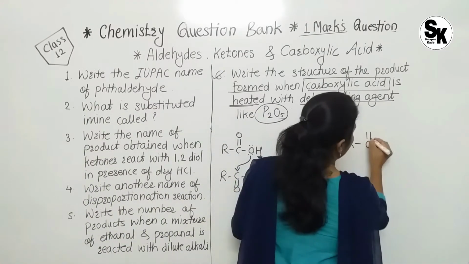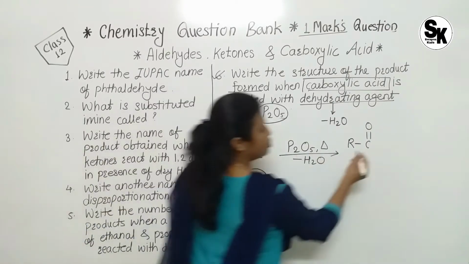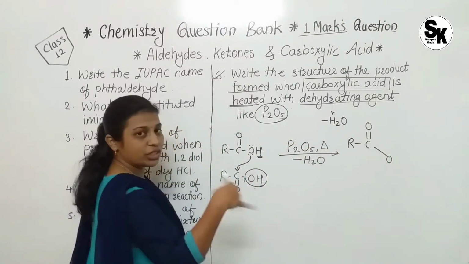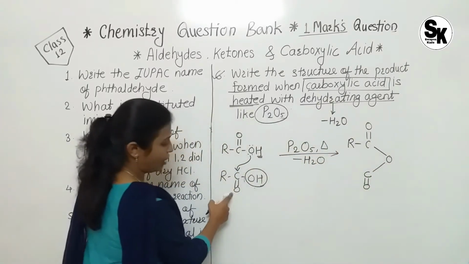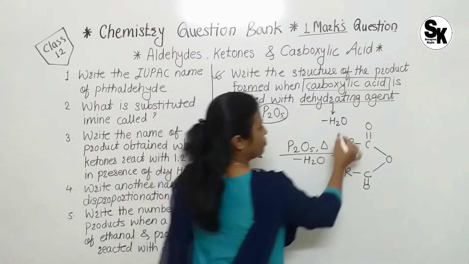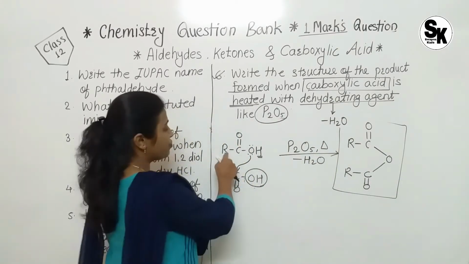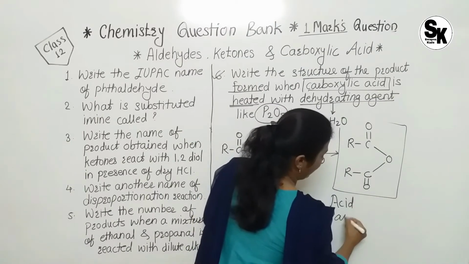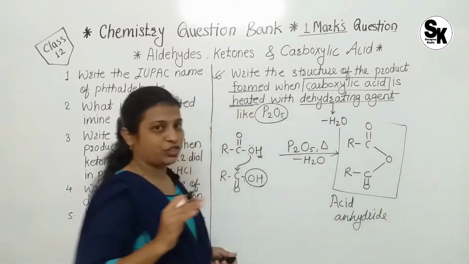And finally we will get the product, that is RC=O. The left hand side I have written as it is. After that, the oxygen is also as it is. It attacks on this carbon, and this OH is removed. So here that oxygen will form the bond with the carbon which has the carbon double bond oxygen as well as one R group. This is the product which we will get after the dehydration of this acid. What is the name of this one? This is acid anhydride. Hope everyone understood that question also.